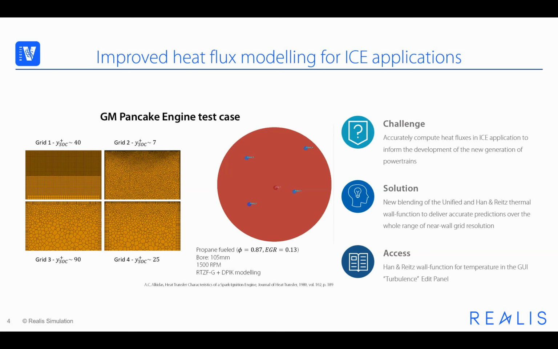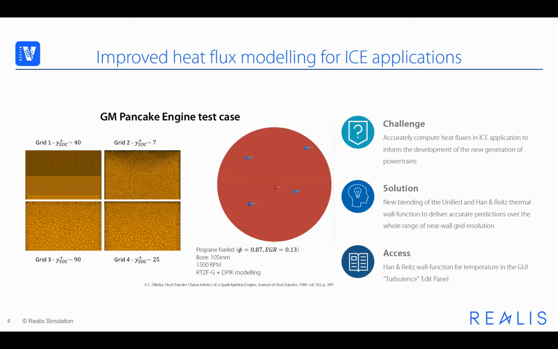It is therefore challenging to obtain an accurate heat flux prediction, since well-established thermal wall functions, such as the unified or Han-Wright formulations, have a narrow range of applicability and may lead to inaccuracies when used outside of it. At Realis, we recognized this challenge and introduced a new thermal wall function based on a proprietary blending of the unified and original Han-Wright wall function, such that an accurate heat flux can be obtained regardless of the near wall